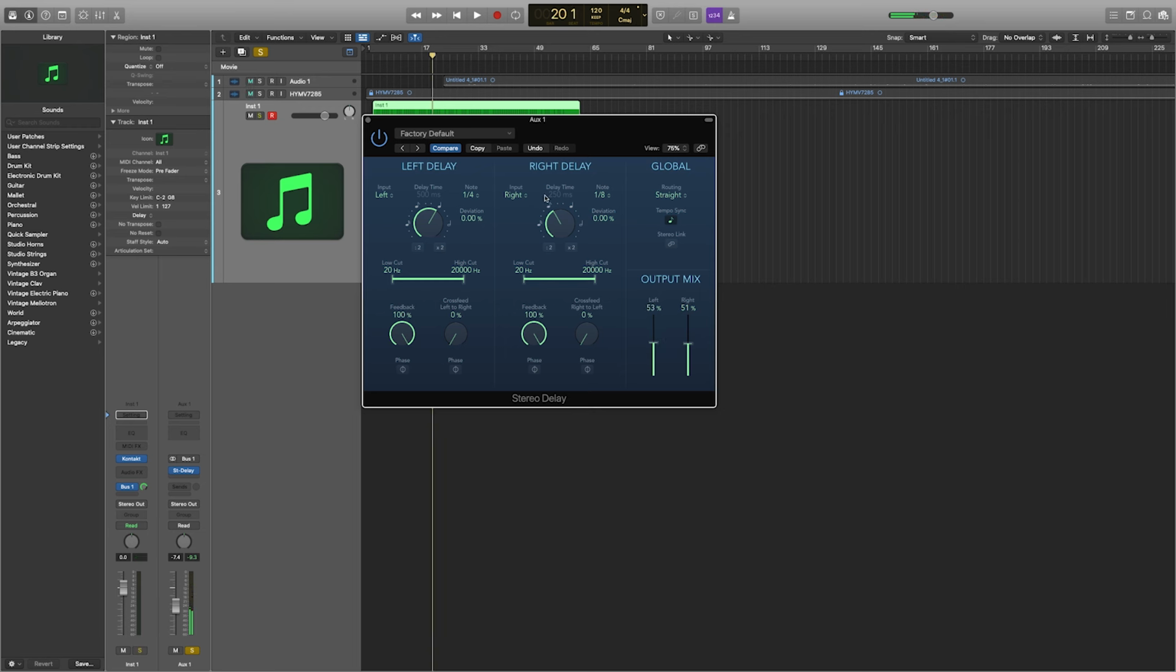Okay, so I'm going to take the left delay. I'll make the time kind of short. I'll take the right delay and make it kind of long. Should we tempo sync it? Yeah, we'll tempo sync it. Okay, so now when we play it,